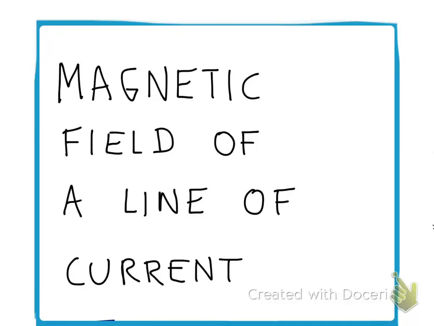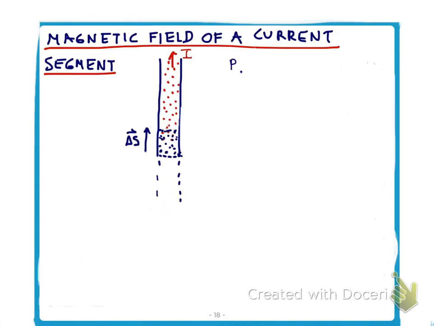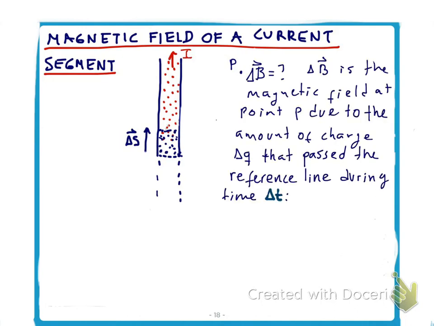Alright, in this video I want to talk about the magnetic field of a line of current. Before talking about the magnetic field of a whole current, we're going to talk about the magnetic field of a current segment. So that's a small segment in a wire that carries a current I. And we're interested in the magnetic field at a point P in space, and we're going to call delta B the magnetic field at a point P due to the amount of charge delta Q that is contained in that segment that you see there, delta S, but that amount of charge delta Q is the amount of charge that